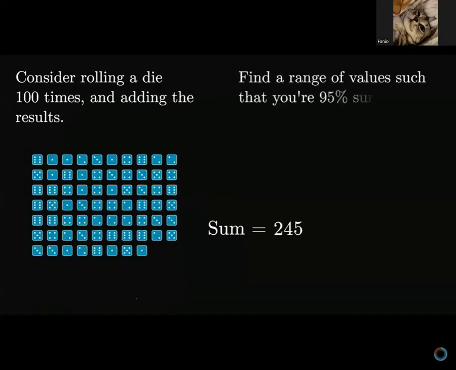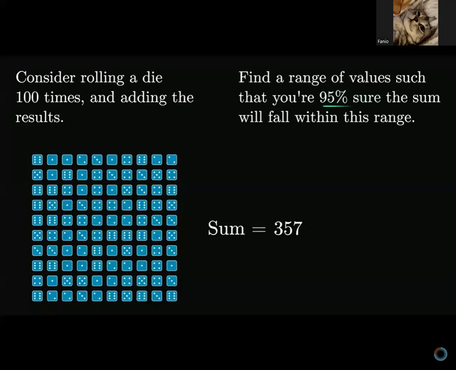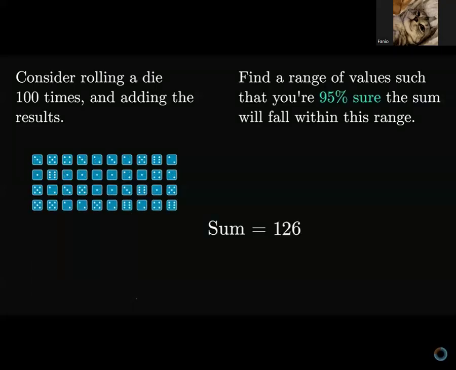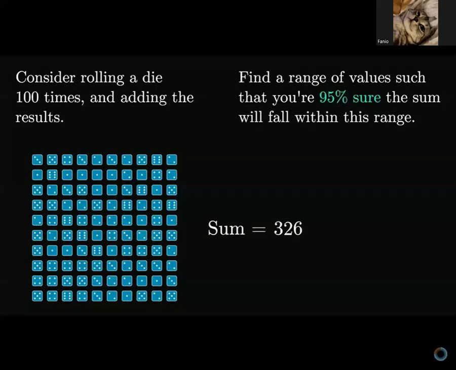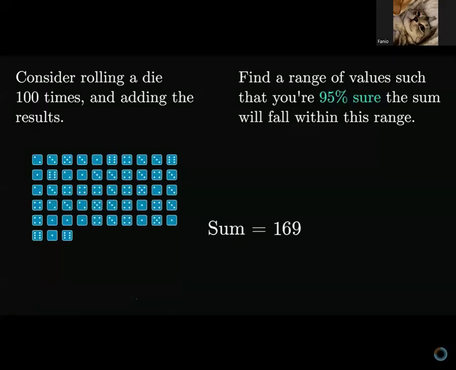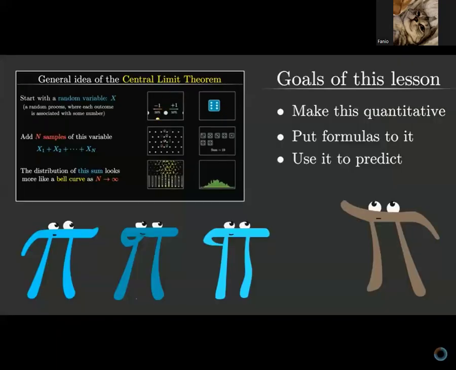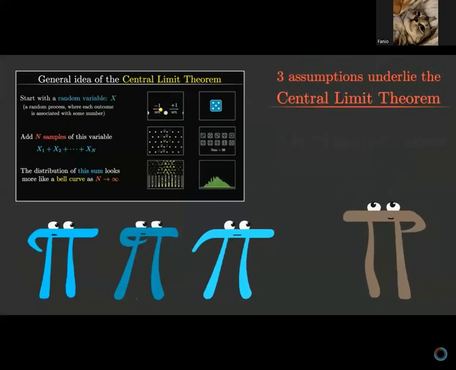Could you find a range of values such that you're 95% sure that the sum will fall within that range? Or maybe I should say find the smallest possible range of values such that this is true. The neat thing is, you'll be able to answer this question whether it's a fair die or if it's a weighted die. Now let me say at the top that this theorem has 3 different assumptions that go into it,